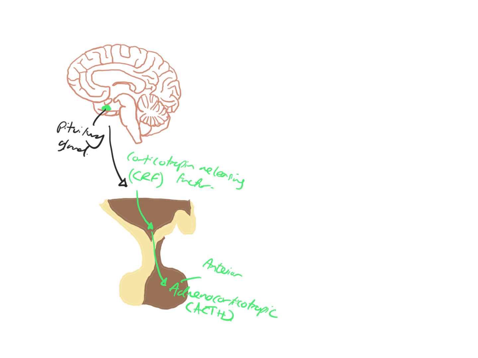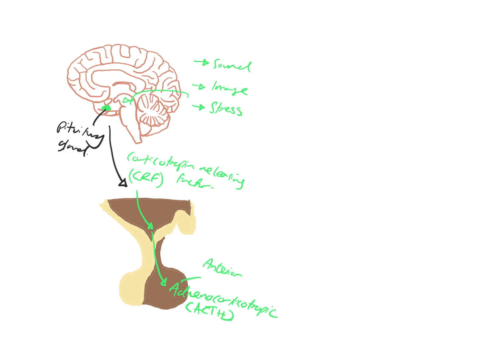Okay, so this is the start of our journey. We start at the brain, we start with the hypothalamus. Now, what we have missed at the beginning here is, well, why is this going to be stimulated? There are a number of different things here, and these all ultimately relate to stress. So it could be something that you've heard, so a sound. It could be something that you've seen, so an image. Or it could be a stressor to the body itself. So these are all things that are going to stimulate that hypothalamus and then therefore your pituitary gland to release